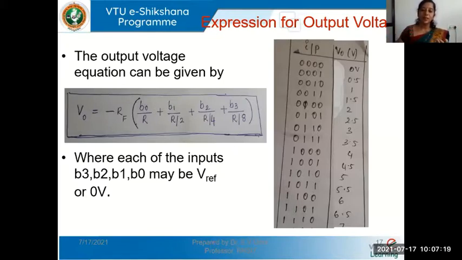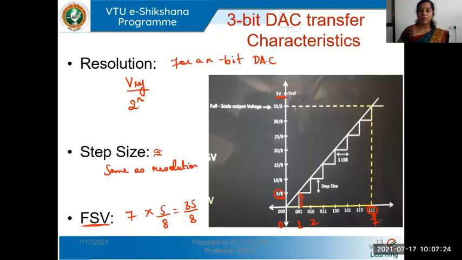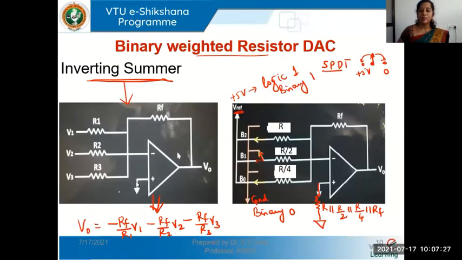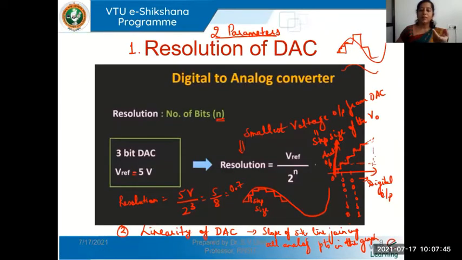So we started our study of DACs in yesterday's class, and we said a digital to analog converter is a circuit which converts any digital signal to an analog or continuous signal. The digital signal is usually in the form of a digital input, which is normally binary, and the analog output would be a continuous signal like a sine wave or something. And we spoke about what we mean by resolution of a DAC. The minimum step size, or the smallest step size, is known as resolution. It is given as Vref by 2 power n.